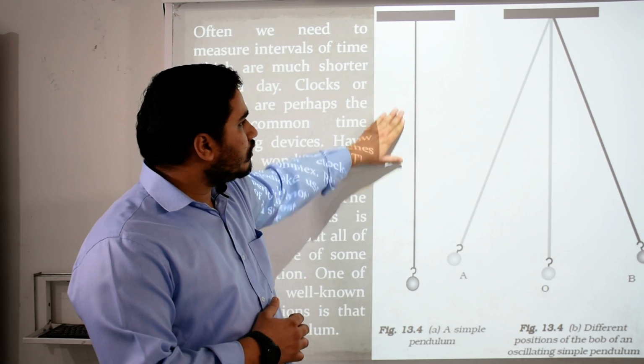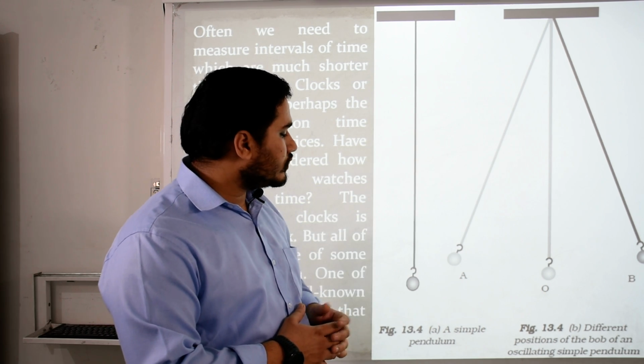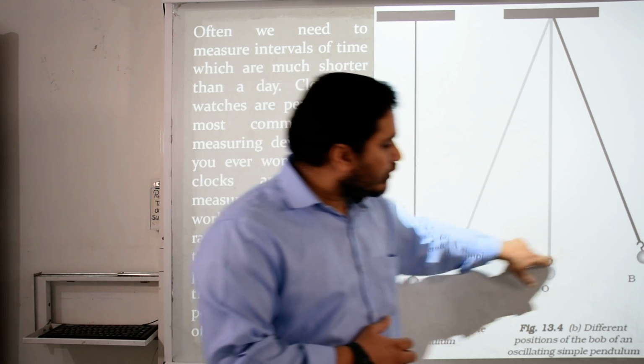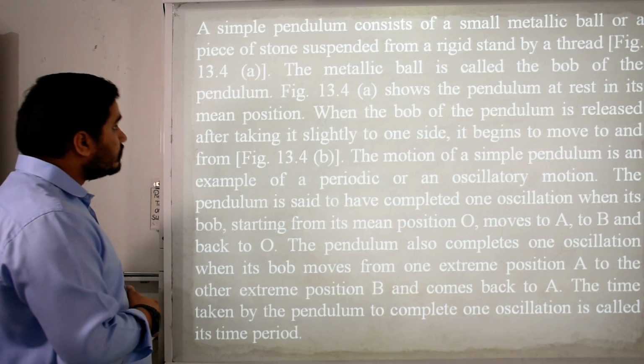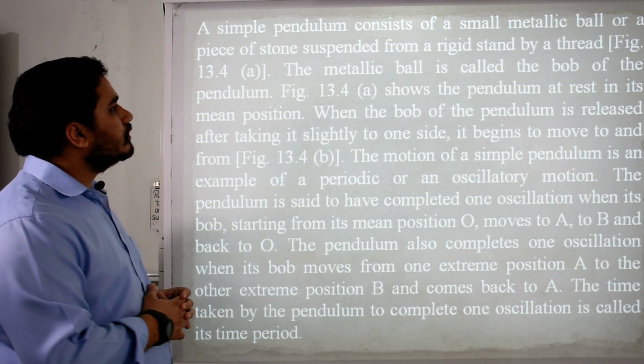Here we can see a simple pendulum at rest and a simple pendulum in motion, that is periodic motion, from A to B and again to O. So it will move from O to A, then again go to B and again come to O, that is called one oscillation. A simple pendulum consists of a small metallic ball or a piece of stone suspended from a